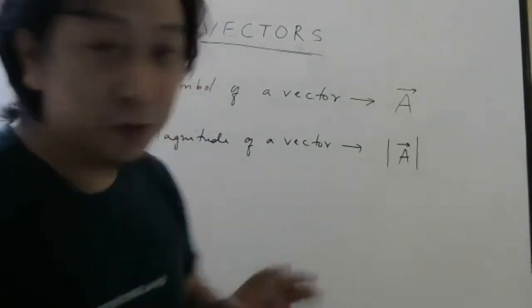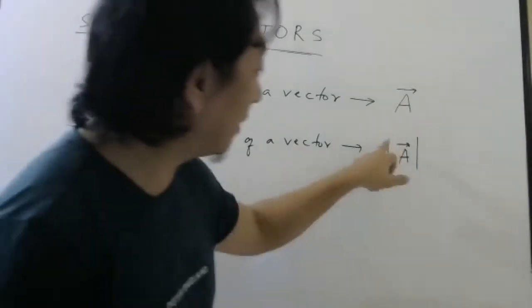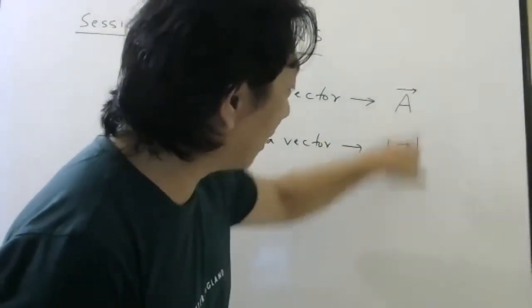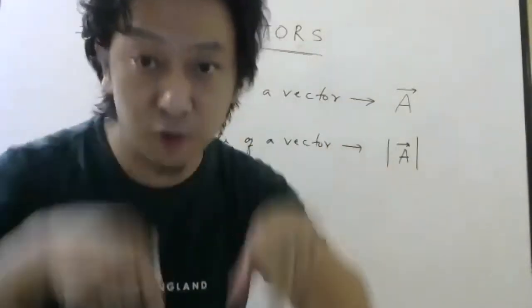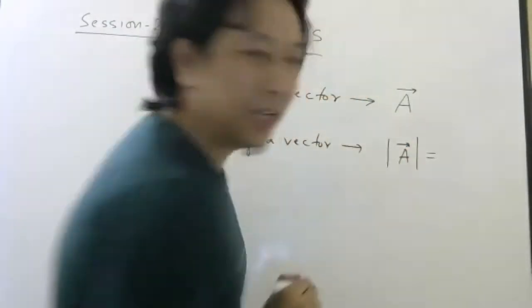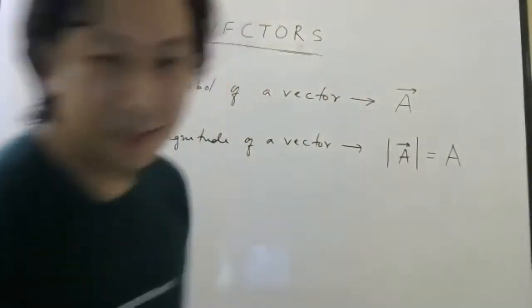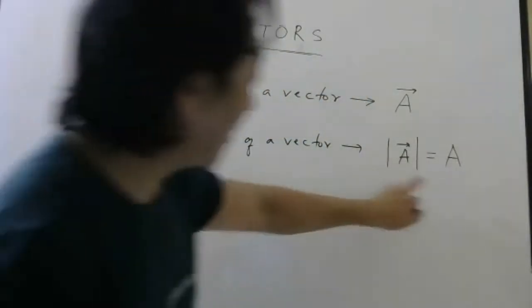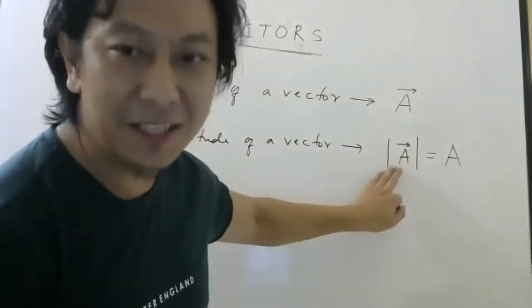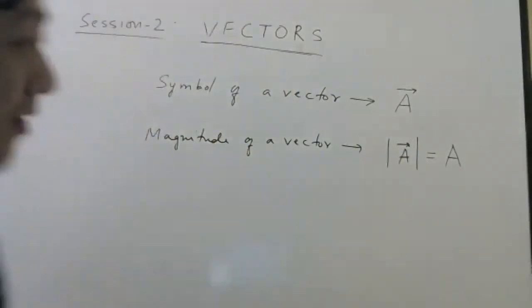Now, when I come to magnitude of vector, we write it with a bar and we put a modulus. This is the sign for modulus. You can write it this way, or if you are a little lazy, you can write only A, like this also. So either this or this. Start with this initially. Then once you get used to it, you can start writing like this.